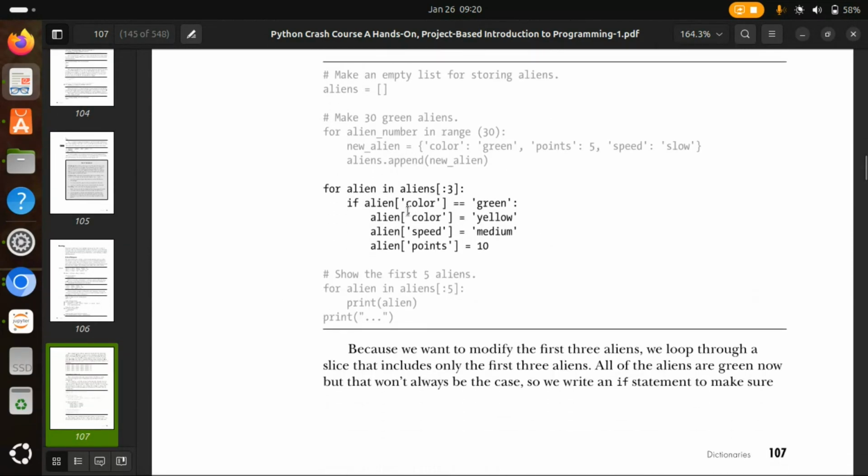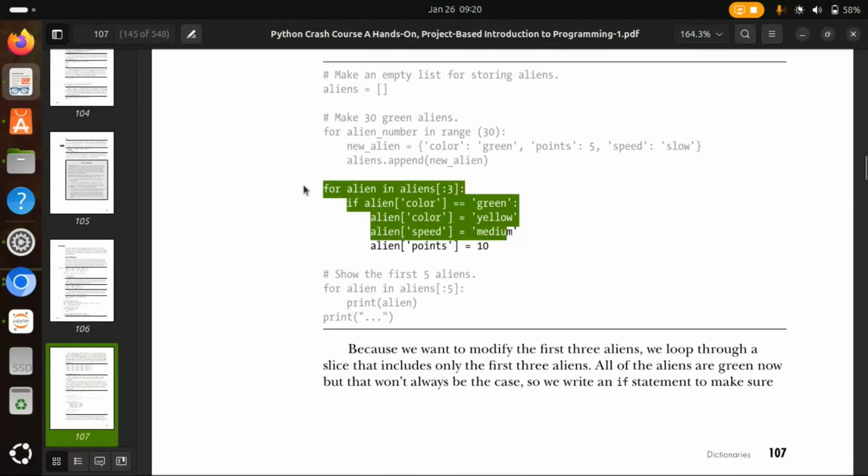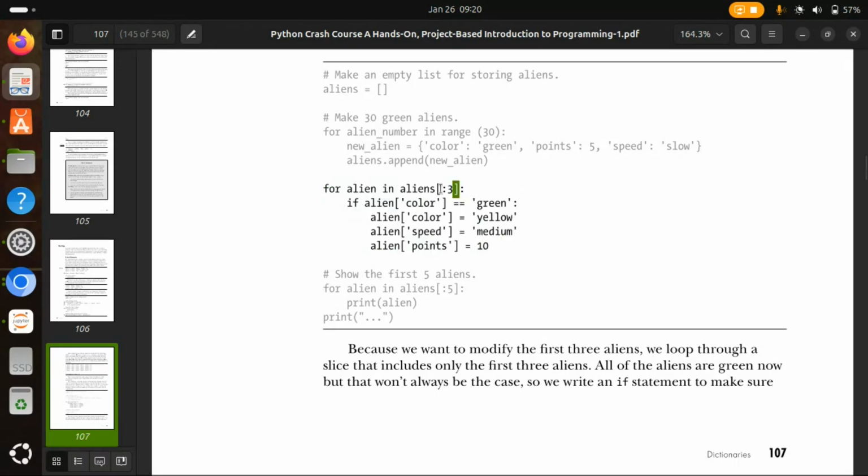And he was also able to do some things, like modify elements of a dictionary. And of course, this is not a very, very difficult one, right? He just fetched the first 3 elements in the dictionary and modified their values. He said if alien color is equal to green, what do you do? Change the details. So it's just like me coming here and saying,